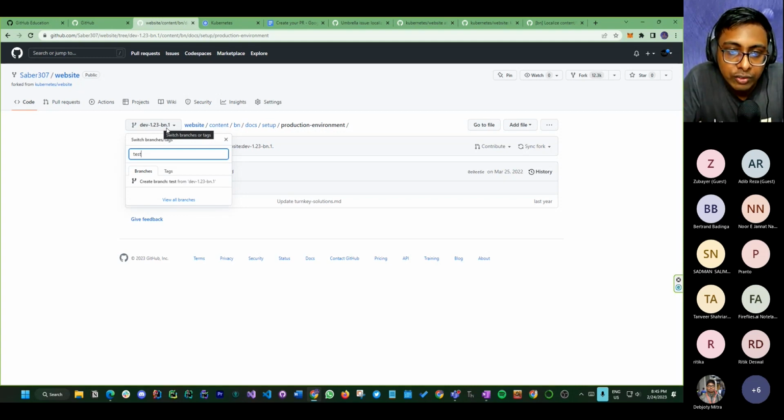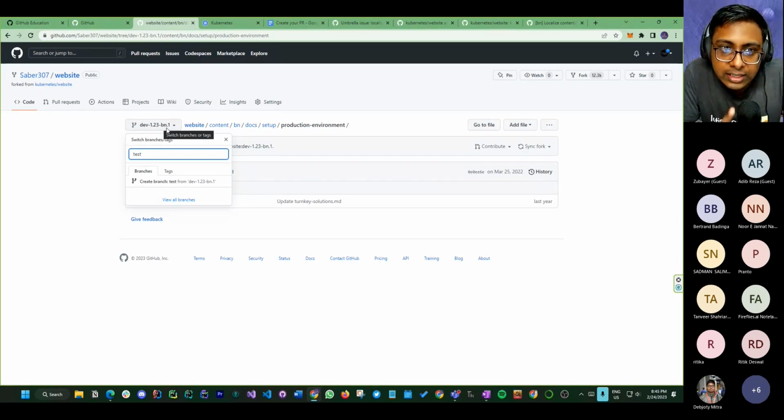So always, obviously it's not only for Kubernetes. GSOC is coming up. Kubernetes is one of the projects of CNCF, so obviously it will be there for GSOC. If you really want to contribute to the Kubernetes project, you have to understand this, like how you can contribute. If you don't have the basics, it will be problematic for you.